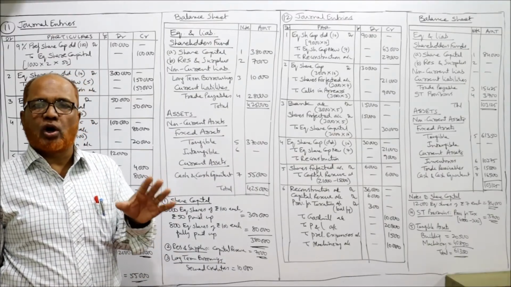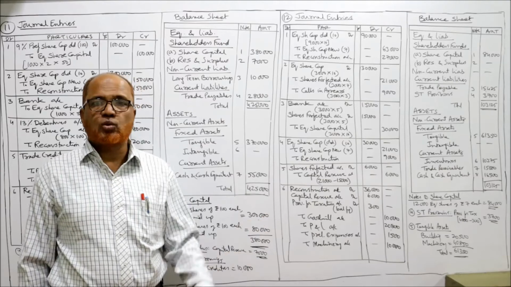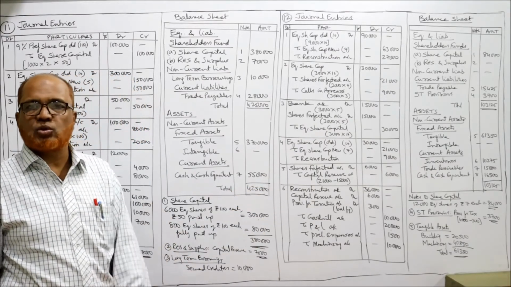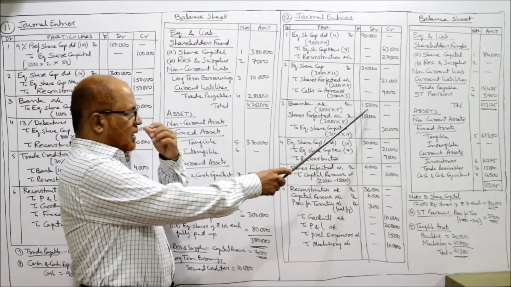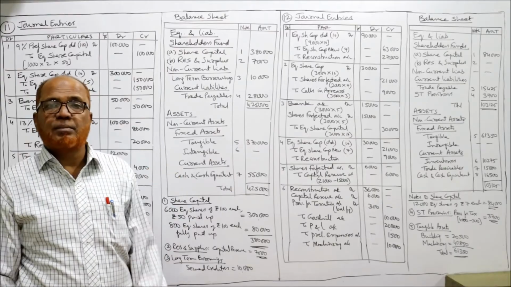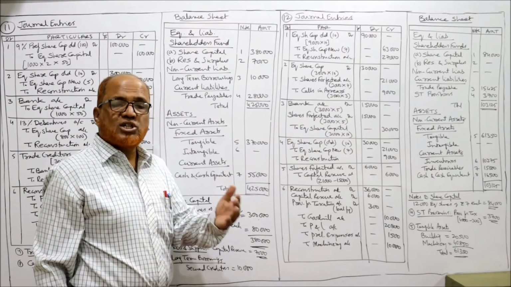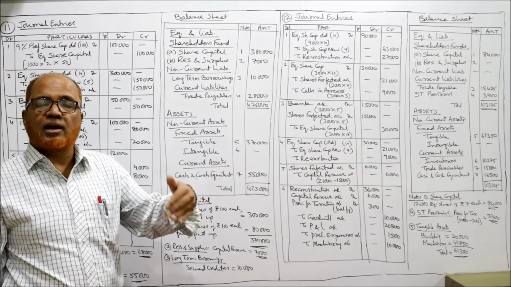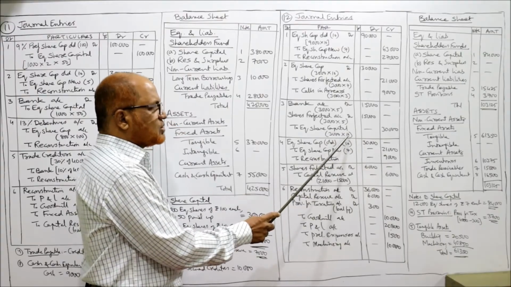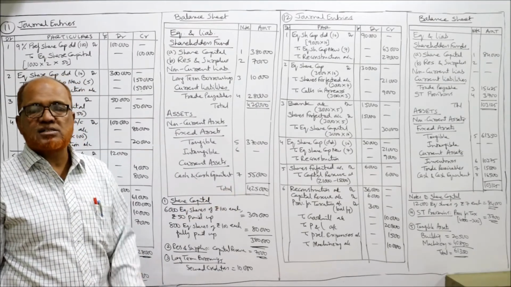Being 3000 shares forfeited due to non-payment of calls of 3 rupees, then the shares forfeited are reissued. अब shares जो forfeit कर लिए उसको reissue करेंगे। reissue करने पे बैंक अकाउंट डेबिट 15,000, 3000 shares were reissued at 5 rupees each। प्रॉब्लम में दे दिया 5 रुपये में reissue करें, 10 रुपये का शेयर 5 रुपये में इश्यू करें 15,000। अब लॉस कितना हो गया? 5 रुपीज का लॉस हो गया, क्योंकि 10 रुपीज का शेयर 5 रुपीज में इश्यू करे तो 5 रुपीज का लॉस, that loss will be debited to shares forfeited account। यहां पर शेयर्स फॉरफिटेड को क्रेडिट करे 21,000 क्योंकि गेन हो गया था। ओल्ड शेयर होल्डर जो पे कर दिया वो गेन, अब नए शेयर होल्डर को जो इश्यू कर रहे लॉस हो रहा उसको डेबिट करें। शेयर्स फॉरफिटेड अकाउंट डेबिट 15,000, 3,000 into 5 to equity share capital 3,000 into 10, 30,000। नया इक्विटी शेयर कैपिटल 30,000, being the 3,000 forfeited shares reissued at a discount of 5 rupees।